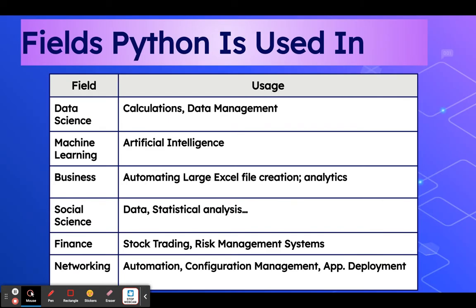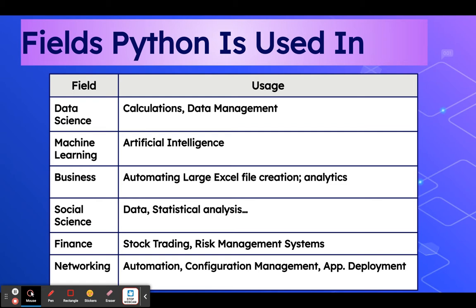So piggybacking on the video, here are some of the major fields that were mentioned. Data science, going back to data science, calculations and data management is the kind of usage they use. Machine learning, artificial intelligence, up and coming. Business, automated large Excel file creations, analytics.